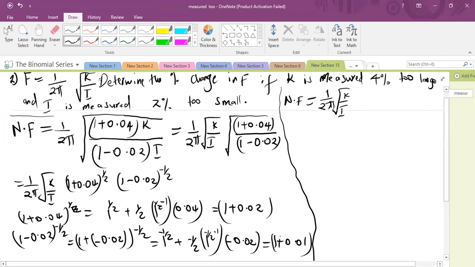Taking this one, using it to multiply this bracket, I will have 1 plus 0.01, plus, taking 0.02, using it to multiply this bracket, I will have 0.02. And since this value and this value, if you multiply them, they'll give us something so small, we will neglect their product and only have these ones. So this will give me 1 over 2 pi, the square root of K over I. And what is this? If we evaluate this, we will get